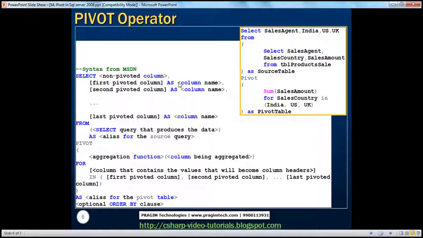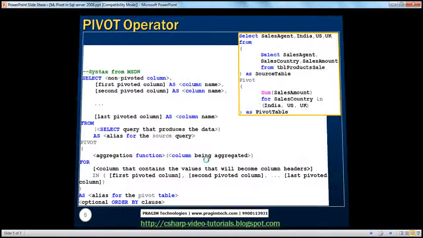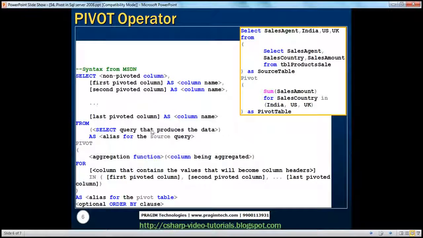Alright, so if you look at the pivot query here, it seems a little confusing, but actually it's not. It's pretty simple if you understand the syntax of the pivot query. So from MSDN, this is the syntax of the pivot operator. If you look at this, select non-pivoted column and then comma first pivoted column. You can give it an alias if you want. We haven't given the alias. So first pivoted column, second pivoted column, and however many pivoted columns you have